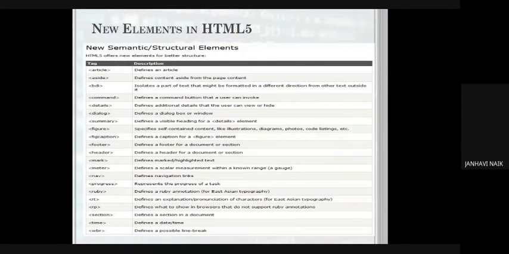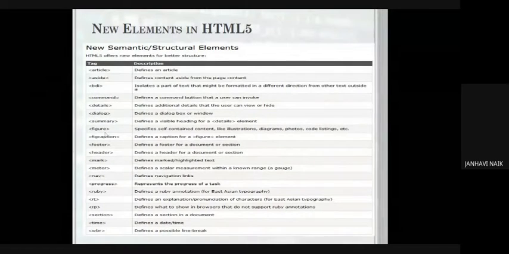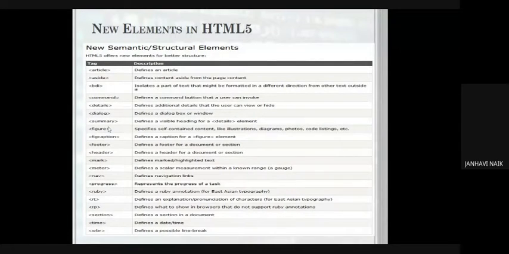HTML5. See, this can also be done by using H1. It can also be done by using paragraph. Only that we put some more extra things, which are content specific, like figure, specifically for inserting figure captions for that particular figure. We can put H1 also and define, but this has some extra features so that the programmer is at ease.